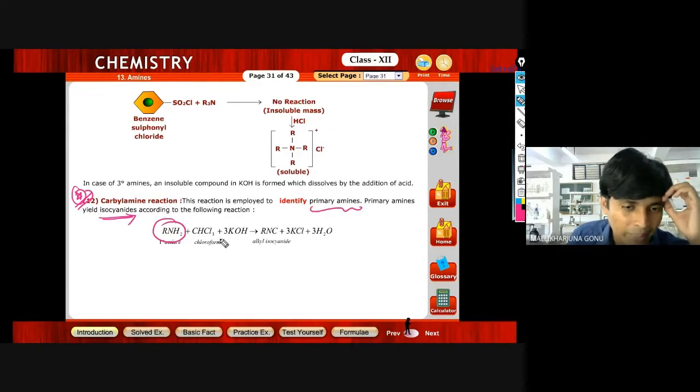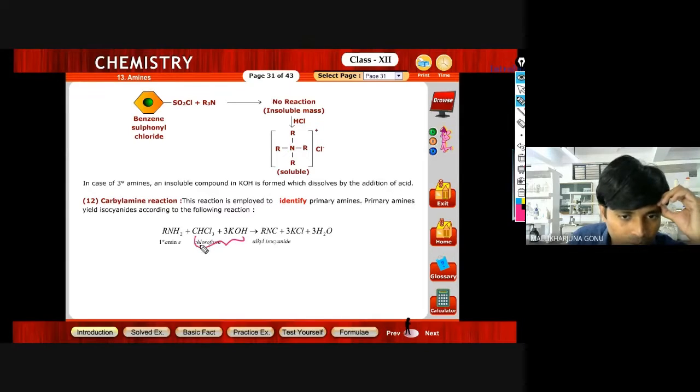When you take the primary amine, if you react that one with chloroform and potassium hydroxide, CHCl3 and KOH are the reagents. If you put chloroform and KOH, ये पूरा हाइड्रोजन गायब हो जाएगा। इधर देखो, इधर कितने हाइड्रोजन हैं, 2 हाइड्रोजन हैं, इधर कितने Cl हैं, 3 Cl हैं, और इधर एक हाइड्रोजन है, सो टोटल 3 हाइड्रोजन हैं, 3 Cl हैं, सो ये सब मिलके 3 HCl है।